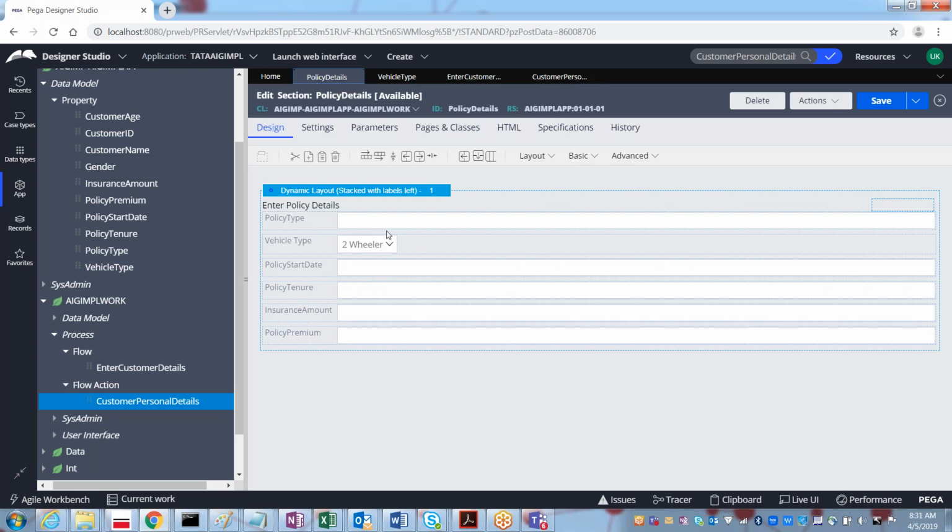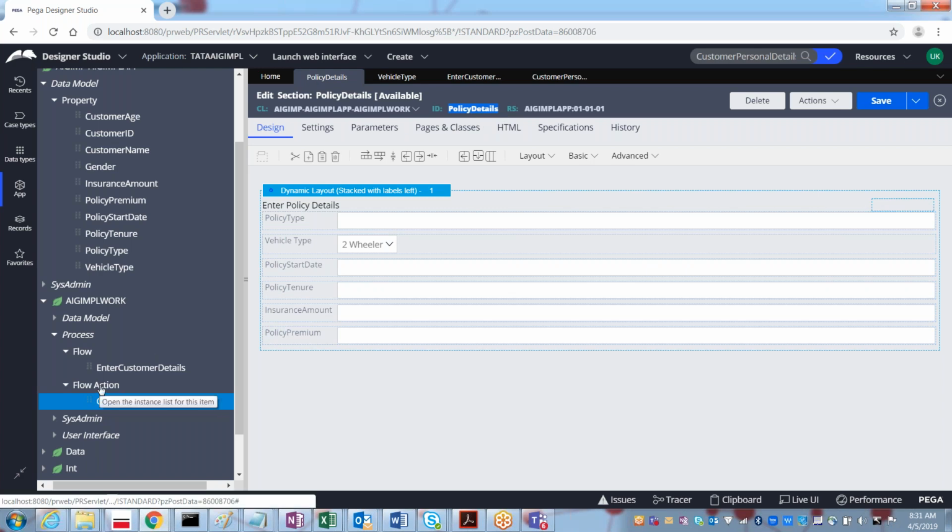Now, how many sections we have for the policy details? We only have one section, right? So as we only have one section, we need not have the container section. Directly this section itself we can select from the flow action.